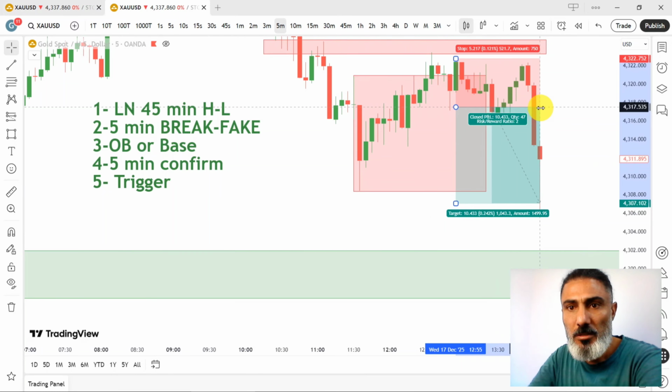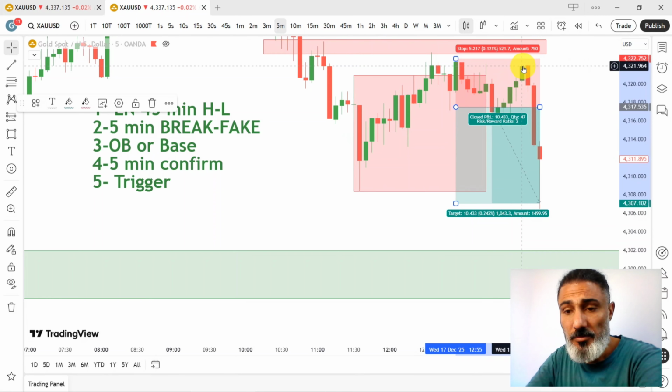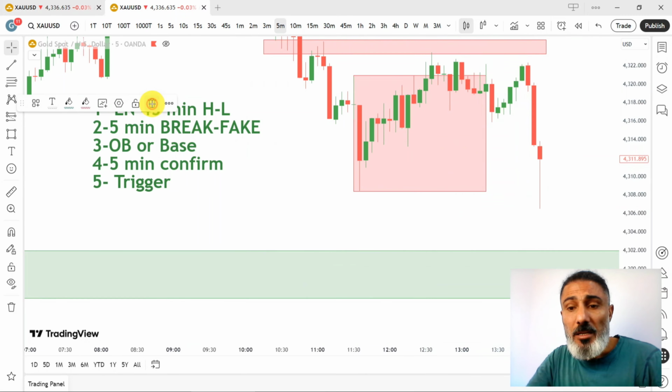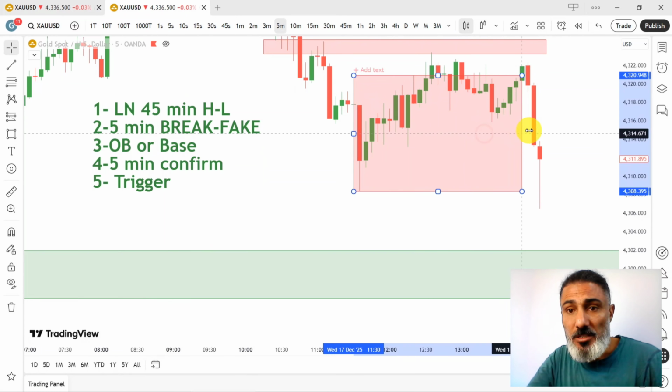Okay, you see, if you hadn't considered the spread here, you would be stopped out. But now we have our target hit, and at the same time